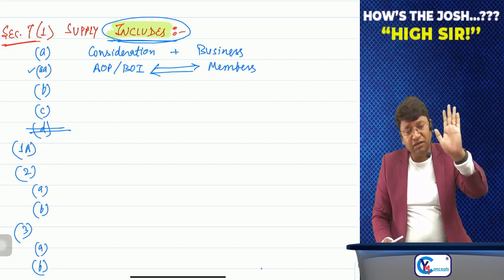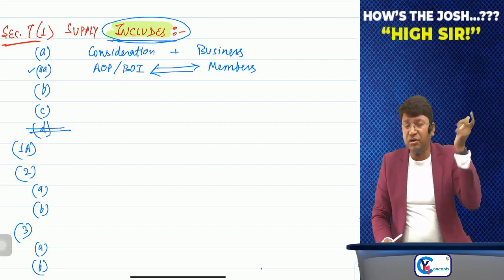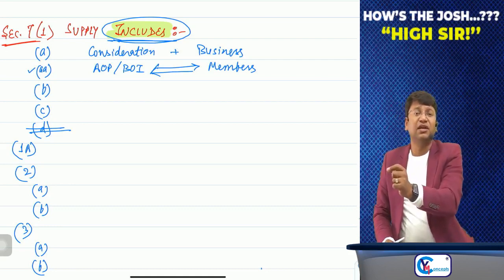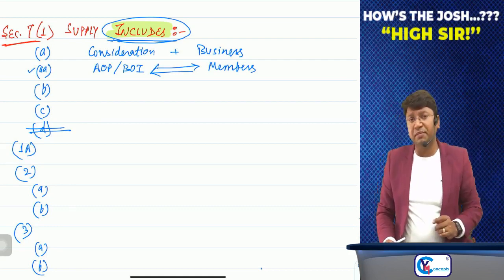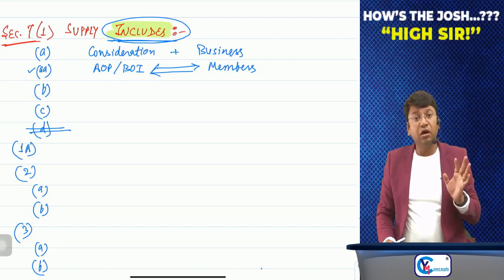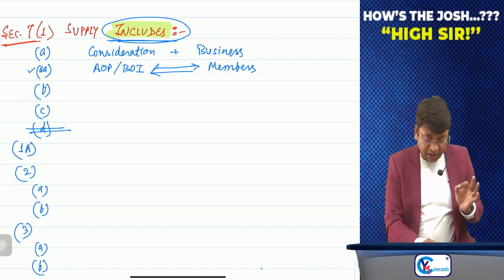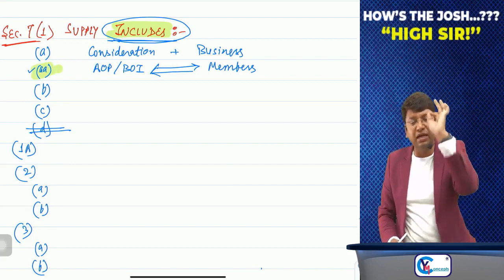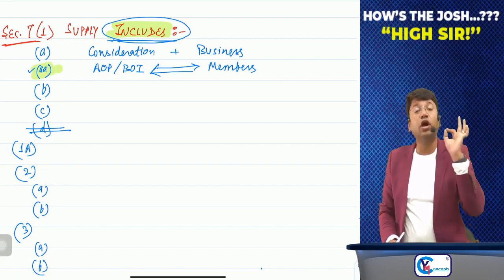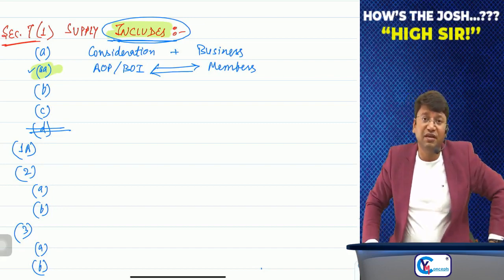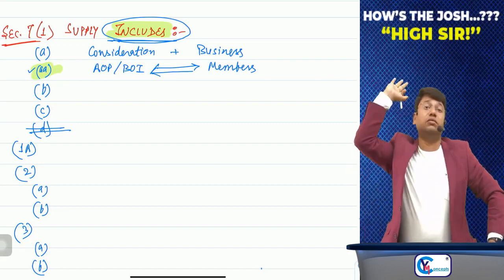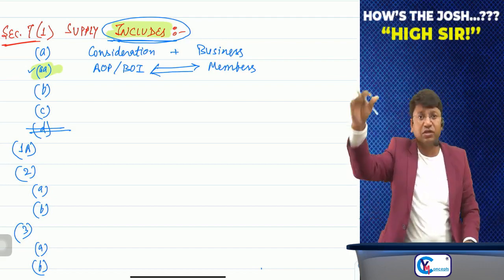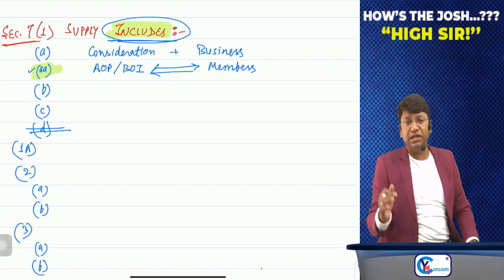So government said, "Arey Baba, it is supply, because a member in his individual capacity is a separate person. AOP is a separate person in its individual capacity." So government specifically inserted clause AA to remove all the disputes and solve all the ambiguities, and they have clearly mentioned that notwithstanding anything contained in any of the law or any of the judgment given by any of the authority, whether it is appellate or administrative, sir,